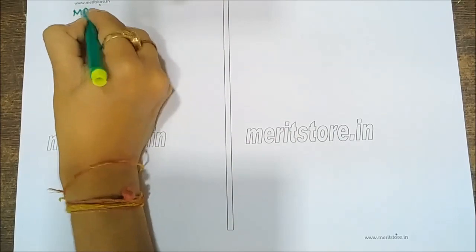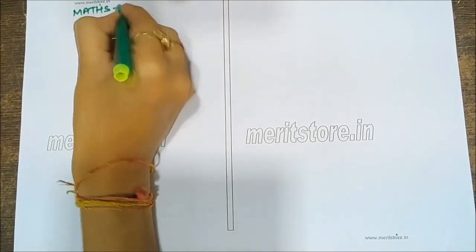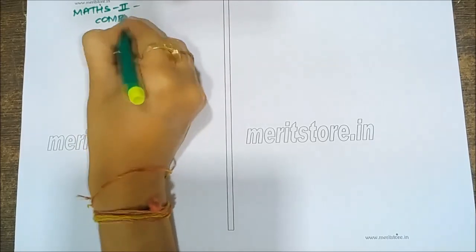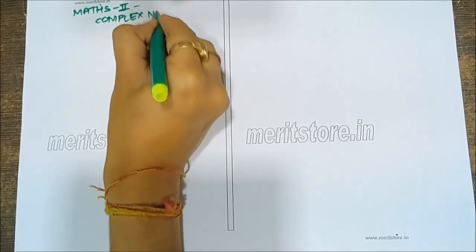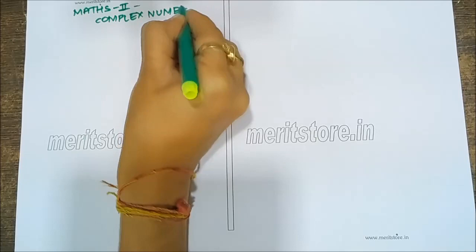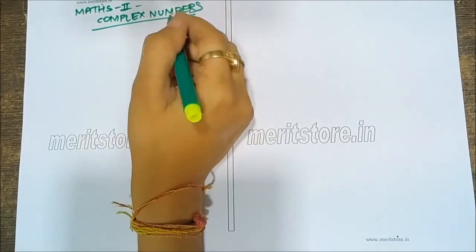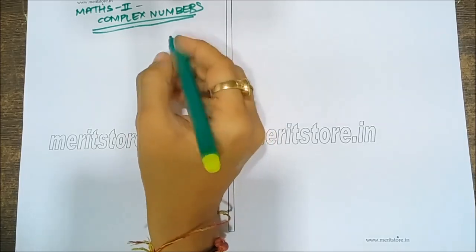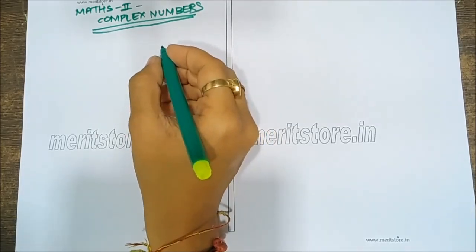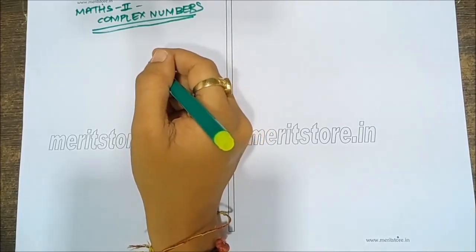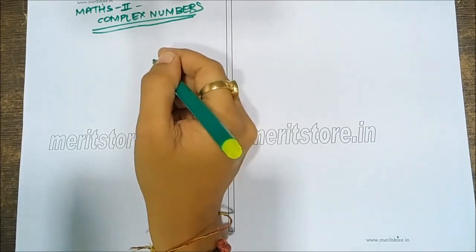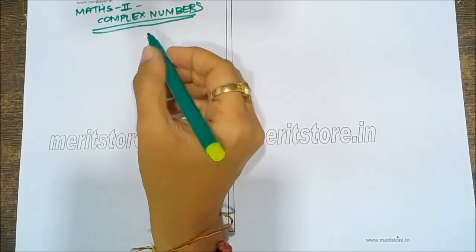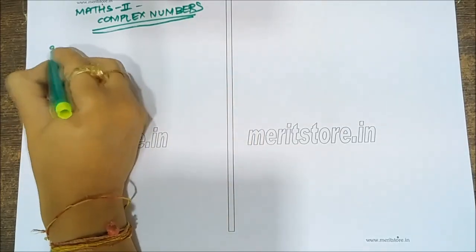Today we are starting with one topic of paper 2, that is complex numbers. What are complex numbers? Now basically this is something new. We have discussed prime numbers, even numbers, odd numbers, rational numbers, irrational numbers, real numbers, but complex numbers is very new. Now if I am forming an equation